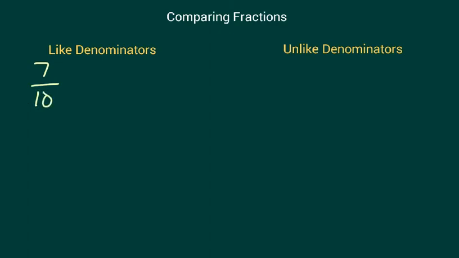For this topic, we are comparing fractions. When comparing fractions, we have fractions that have like denominators, which means the denominators are the same. For example, we could have 7/10 and 5/10. And then we have fractions with unlike denominators, like 2/5